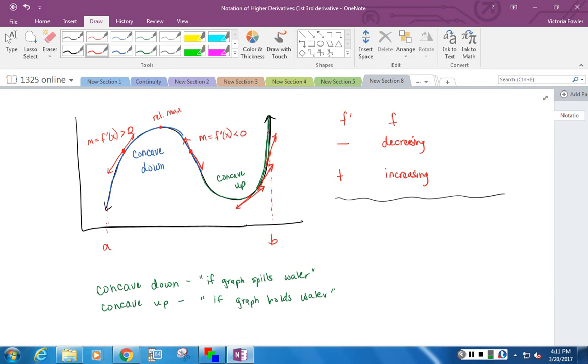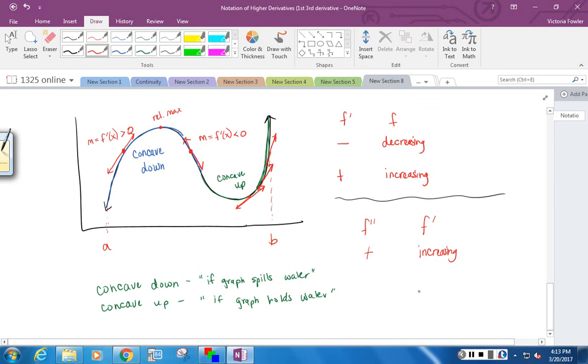So let's think about the fact that we now know how to take a second derivative, and let's parallel what we have learned about the first derivative and our function f. So if now I'm talking about the second derivative, I now can indicate what's going on with the first derivative. What I was saying here is that our first derivative is actually increasing. So let's say that we know that our first derivative is increasing. Well, what does that mean about f double prime? So I've lined them up so that you can parallel these. Well, if I know that f prime is increasing, then that means I know that f double prime, its derivative,